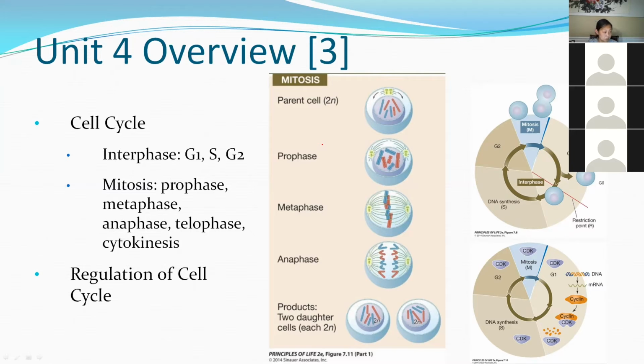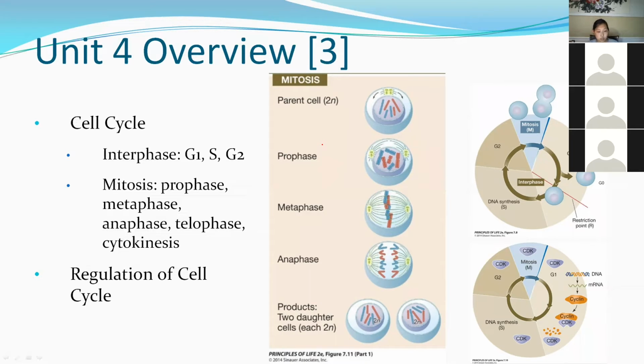Okay, so interphase contains 3 different portions: G1, S, and G2. G1 is gap 1, which is where the cell is just growing larger and larger, getting ready to split. Synthesis is where DNA is replicated, and then G2 is another phase of growing until finally you hit mitosis. Mitosis itself has prophase, metaphase, anaphase, telophase, and cytokinesis. Cytokinesis can be considered as part of mitosis, or it can just be considered part of telophase. But anyways,